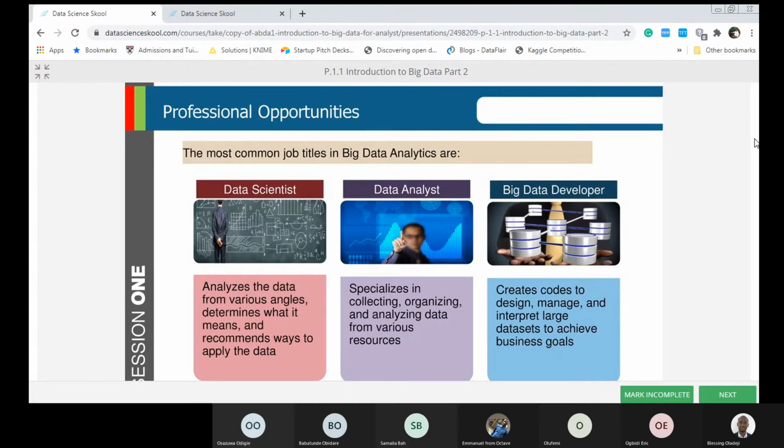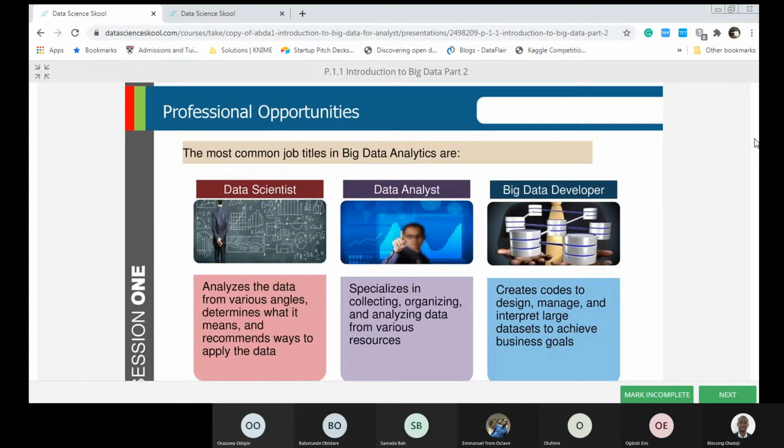Then you now have the third category. The third category are the people that you call the data scientists. A data scientist is actually a combination of many skills put together at once. A data scientist will know a bit of the engineering, a bit of the analytics part, and a bit of machine learning. Some people get scared when you mention words like machine learning, but it's not really a big deal. I think we'll get to that part in this class.